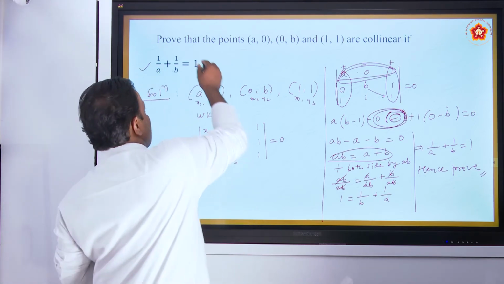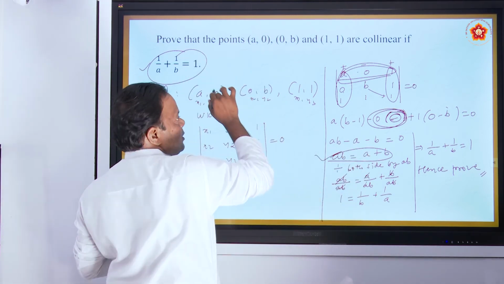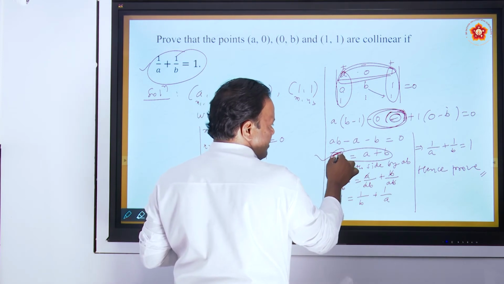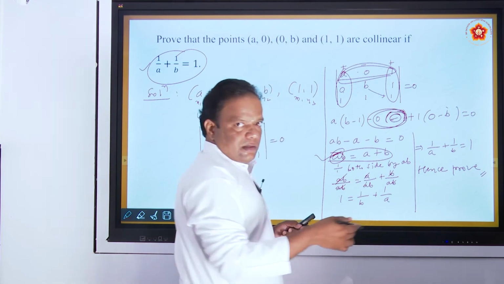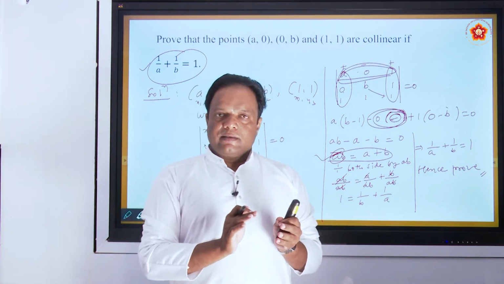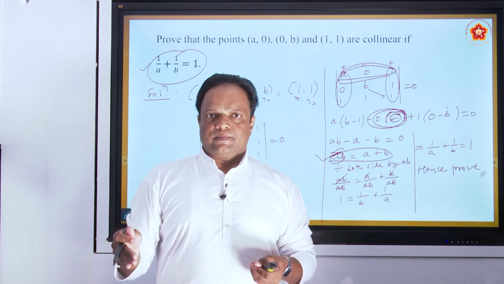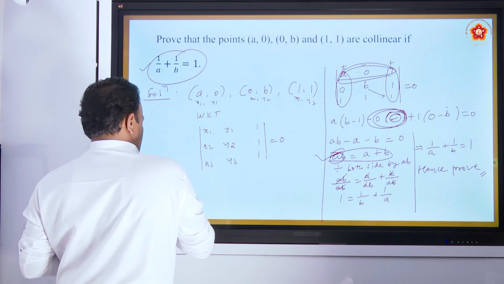So what is given here as the answer? We have to convert this expression into this form. You have to think what you need here. What we need means dividing, we eliminate ab, so dividing both sides by ab. This is an operation in mathematics. You can divide or multiply both sides, which means the answer will not change. So you have to do that step. Okay. Let us move to the next problem.